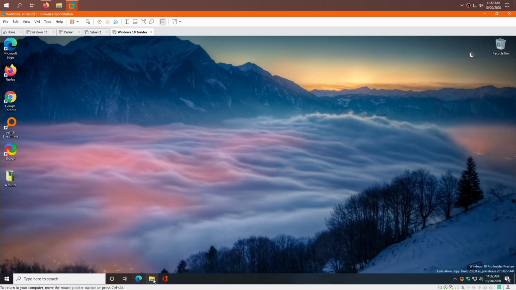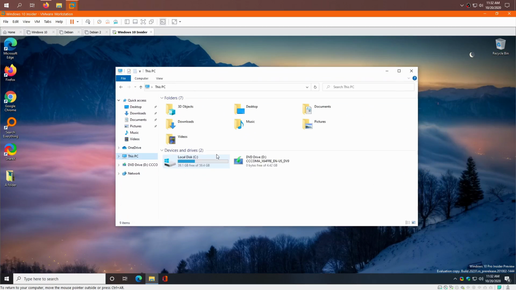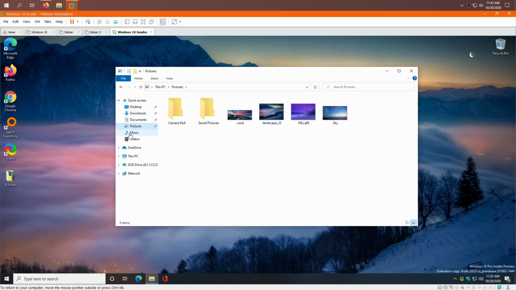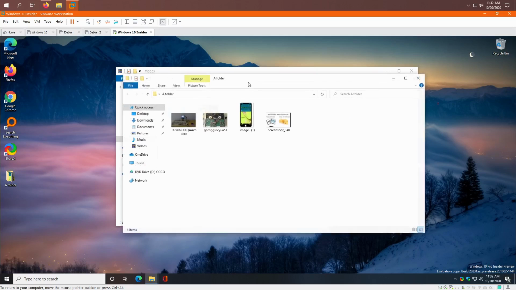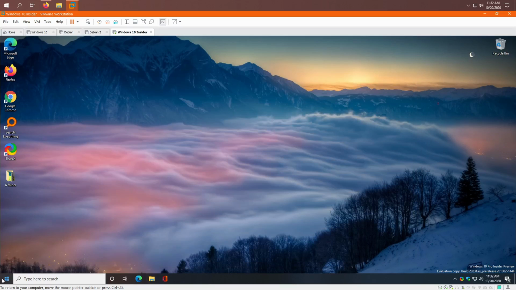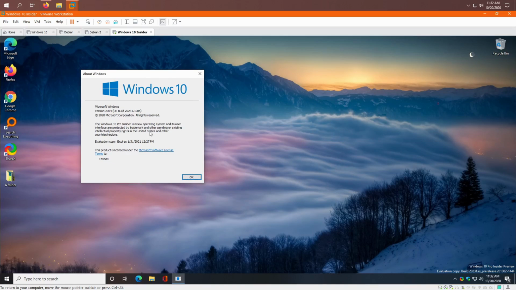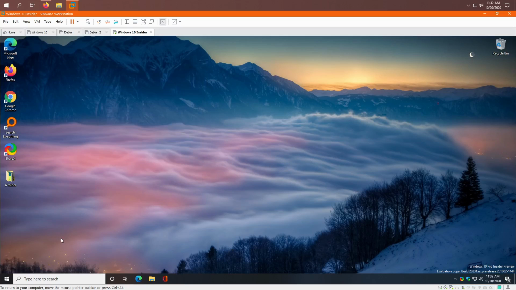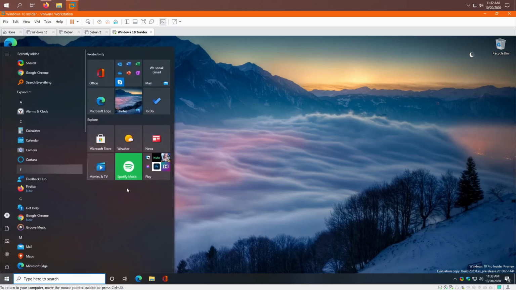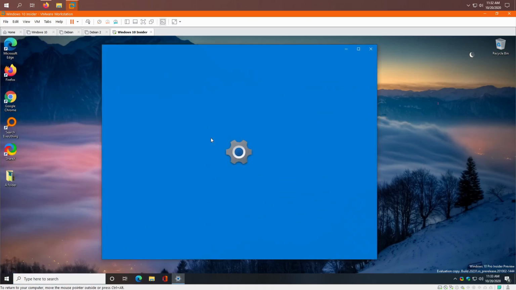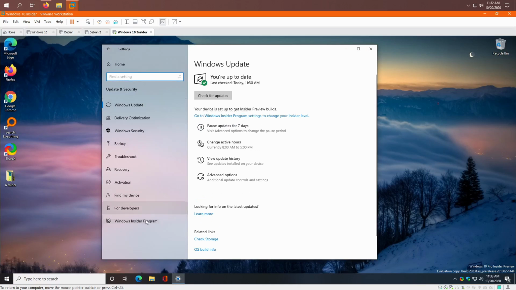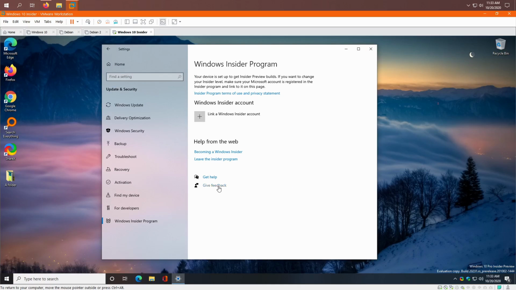As you can see in this part of the video, I show that there are indeed files on this virtual machine in all the folders like documents, downloads, pictures, videos. There's even a folder on the desktop. I open WinVer and show that we are on a Windows 10 Insider build. So saying you want to get off Insider and you want to be back on a stable build of Windows 10, well, you'll probably end up checking settings and seeing if there's any way to get off of the Insider